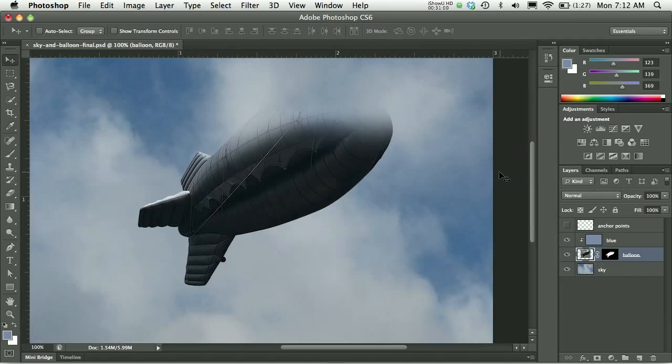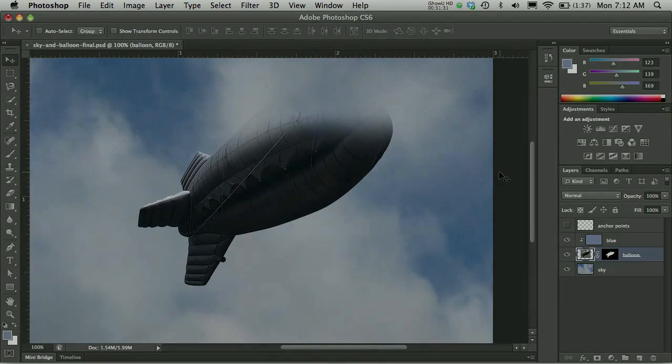I encourage you to practice working with the pen tool. It is not the easiest tool to learn because you really have to predict where its next step is going to go. As you plot these anchor points, in your mind you have to know where the path will be drawn, and that does take a little bit of knowledge of working with the tool and some anticipation. So practice makes perfect. Use the tool a lot, and you'll get very good at understanding how it works and how the path will build as you plot the anchor